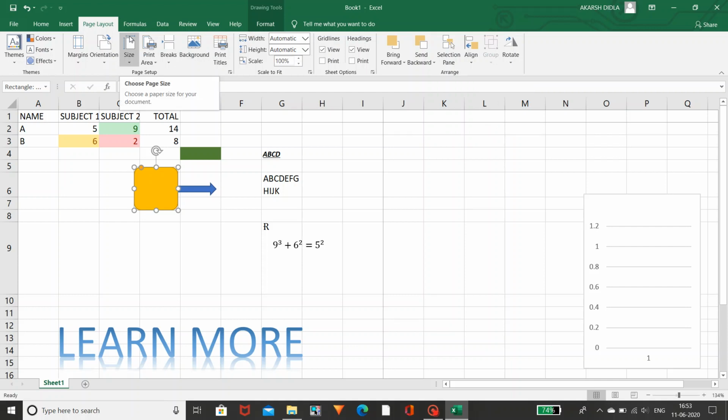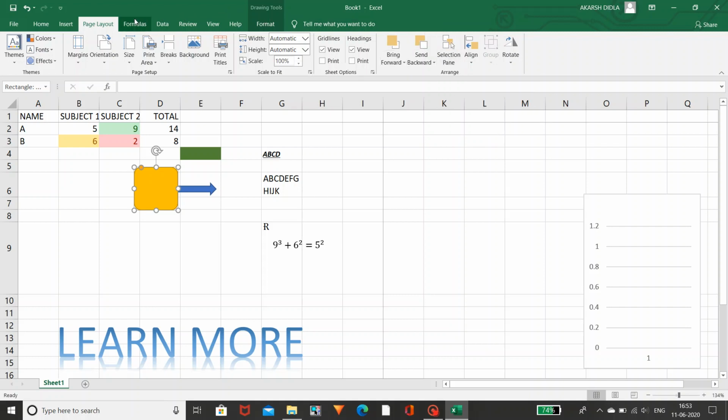If you don't understand any option which I have explained, as I have already told you the tip, place your cursor here. If you don't know about the selection pane, place the cursor here, a dialog box appears. Please read it. Even if you have understood what I have explained, do read it, so that you can learn which option is useful for what purpose. So this is about the page layout.